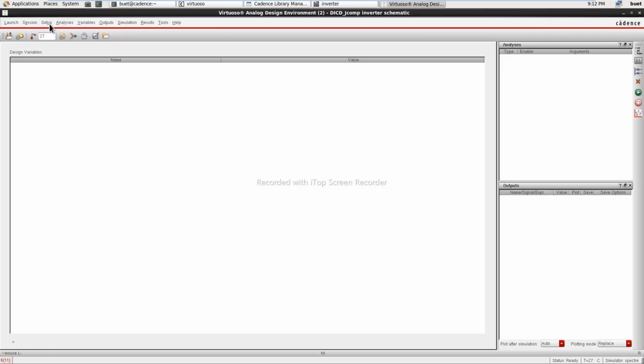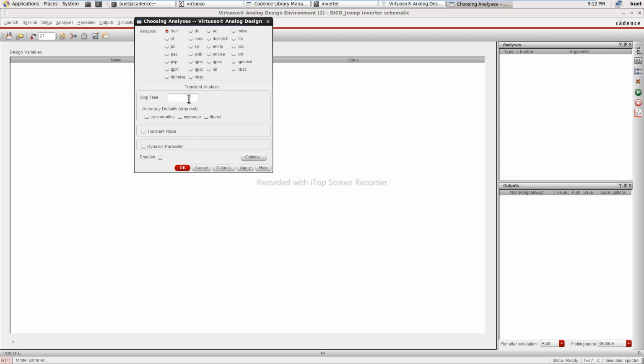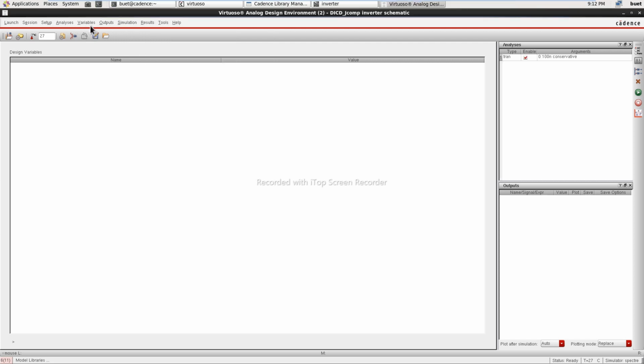Analysis same, I will give 100 nanosecond. Then variables, copy from cell view x. That x is nothing but the capacitance load. Capacitance we will change.